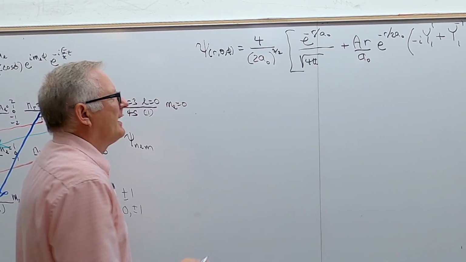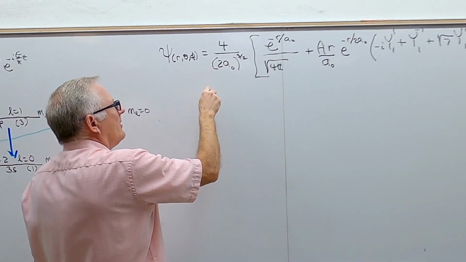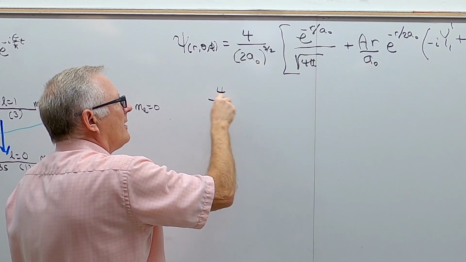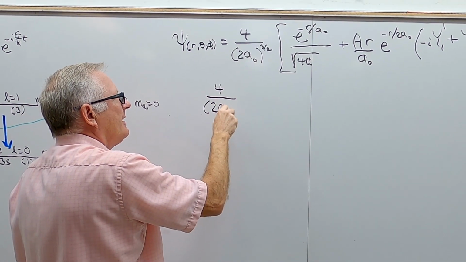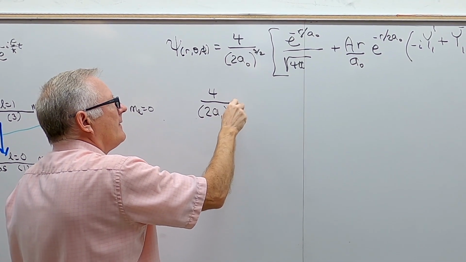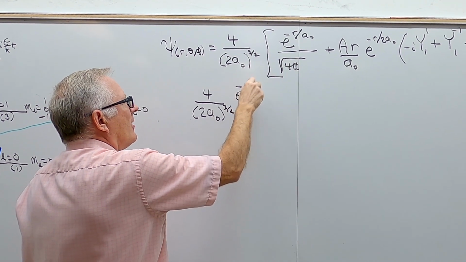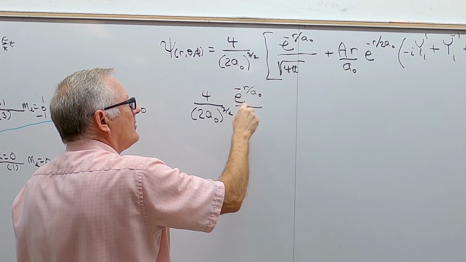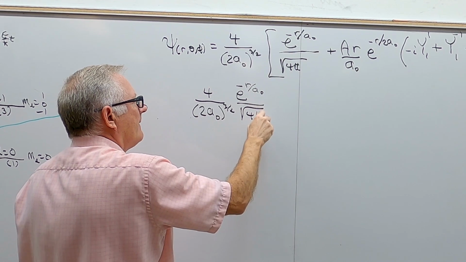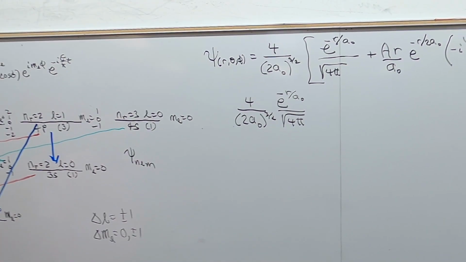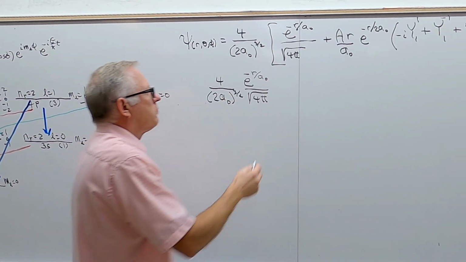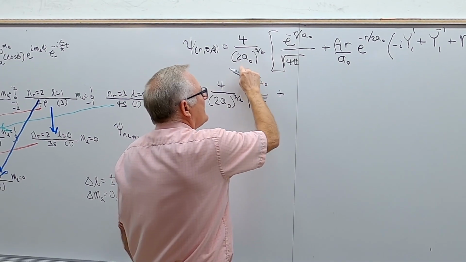I hate doing that, but we'll multiply this through. So we got 4 all over 2a naught to the 3 halves, e to the minus r over a naught, all over the square root of 4 pi. So that takes care of that first term, plus this times this,